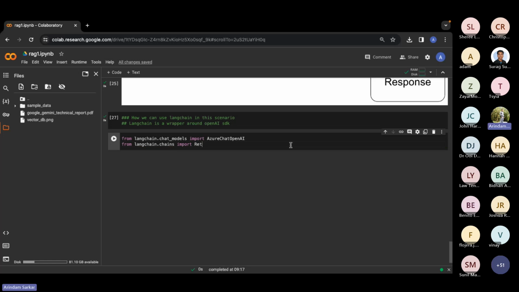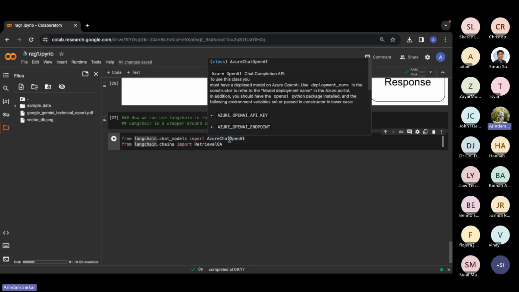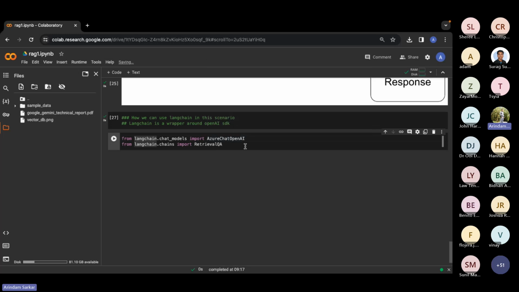So I'll explain whatever I am importing here. The first one, right? I'll try to explain these things because this will be very helpful if someone is planning to build anything around OpenAI. So here basically I am using Azure OpenAI. It's a version of OpenAI which is hosted by Azure.